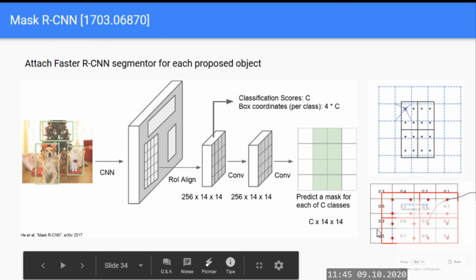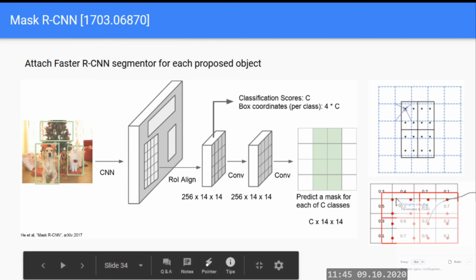So we have this 4x4 proposal that we map into the feature map layer, and instead of just rounding the corners and taking the pixel values of the feature map, we create additional 4x4 intermediate feature map values